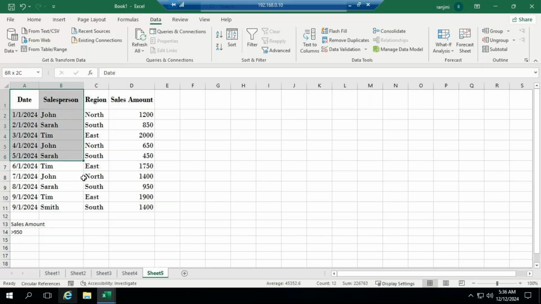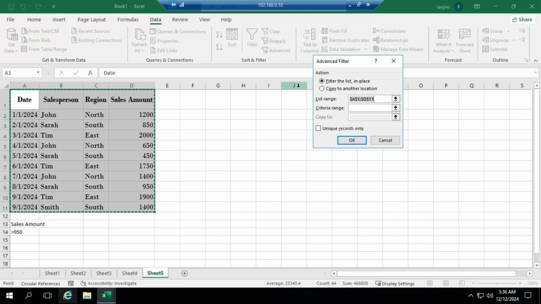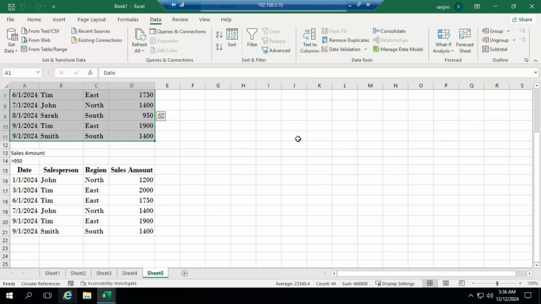Now select your database. Click on advanced. Click on copy to another location. My criteria is A13 and A14 cell. I want to display this record in a new location based on my criteria from A15 or A16 cell. Click on OK. Now it is showing you